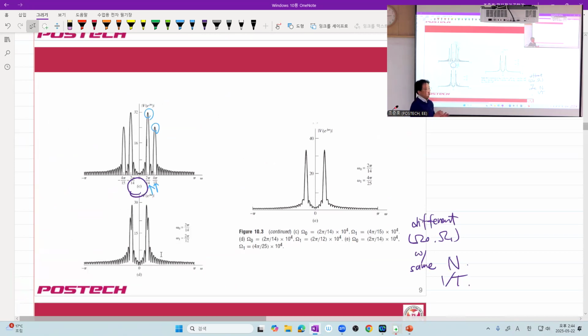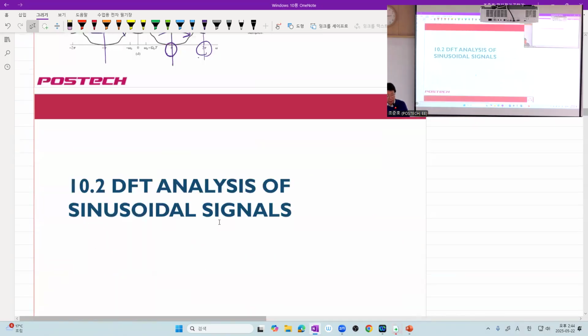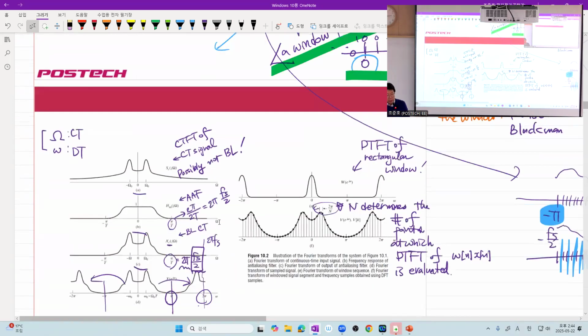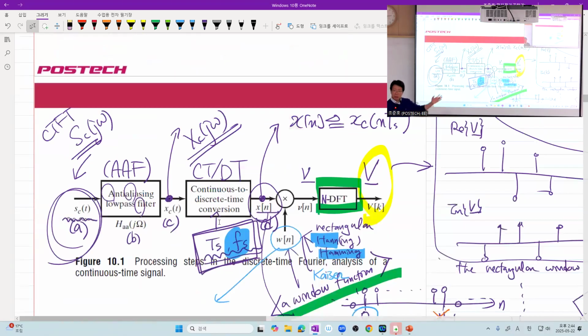Anyway, now you understand the importance of the width of the main lobe and the height of the side lobe in resolving signals when we really do practical signal processing. Here, practical signal processing means this type of signal processing. And this is really true because we rarely perform DTFT. We usually perform DFT, even though it looks like DTFT. Actually we do DFT because